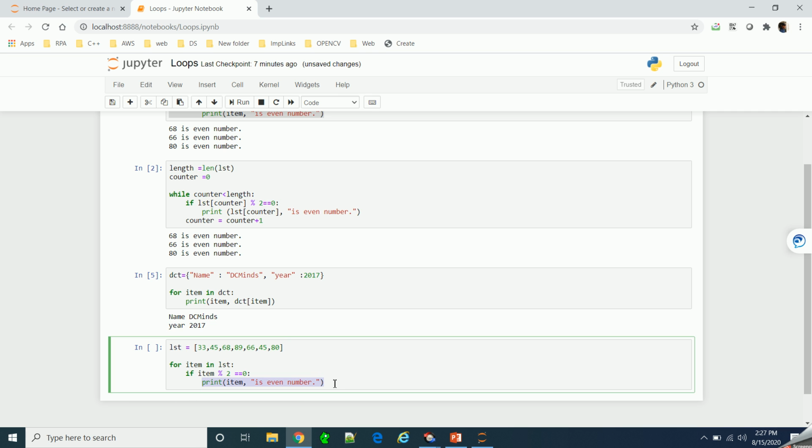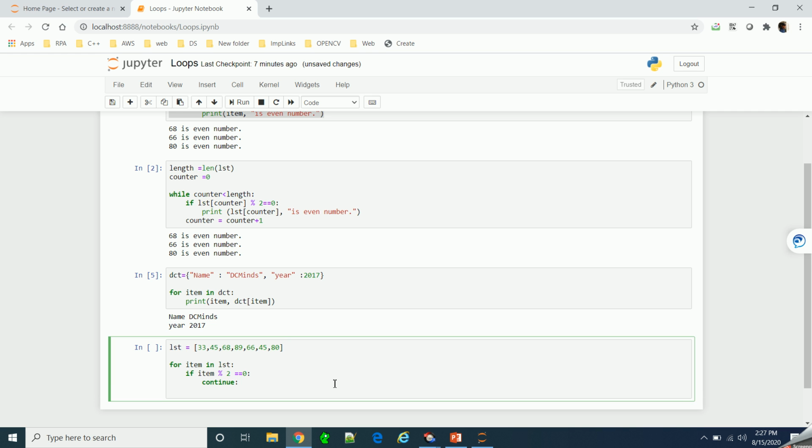So in this case we'll say continue, else we'll say print item. So here we'll print all the odd numbers, and let's run it.